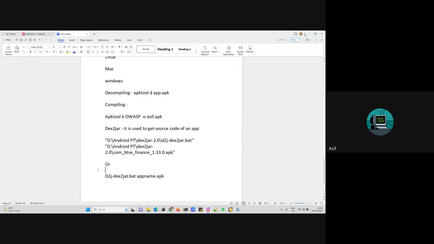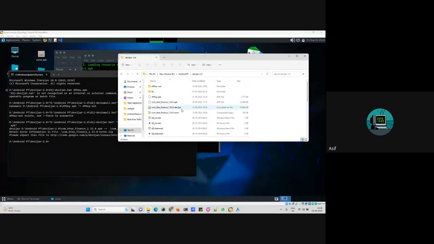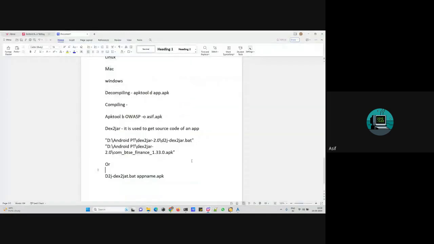Now after this process, you will have this executable jar file. To see this specific file, we need one more tool. To open this file, we need one more tool, which is